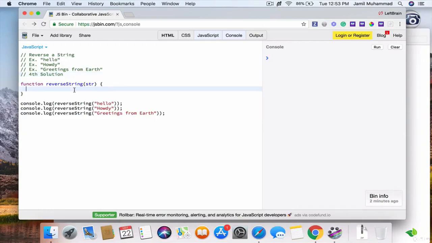Alright, so for the fourth solution, it's going to be a lot more simple than the past three. So I want you to write the return keyword, then string, split, open close parentheses, single quotes, empty single quotes, then dot reverse to call the reverse method, open close parentheses, dot join, single quotes, empty single quotes, then semicolon,